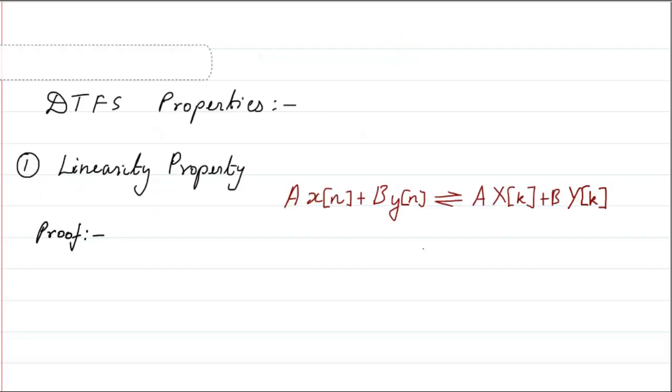Hello students. Today we will start with the discrete time Fourier series properties, that is the DTFS properties. Starting with the first property, which is the linearity property, which says that if you are having two signals x of n and y of n,